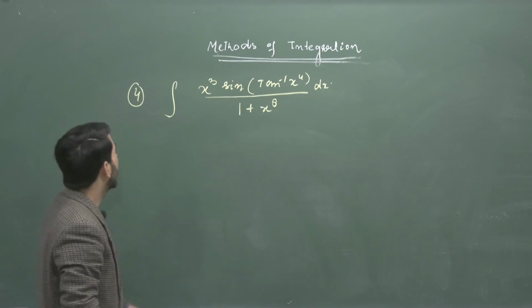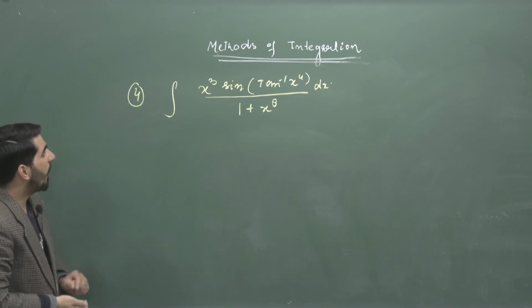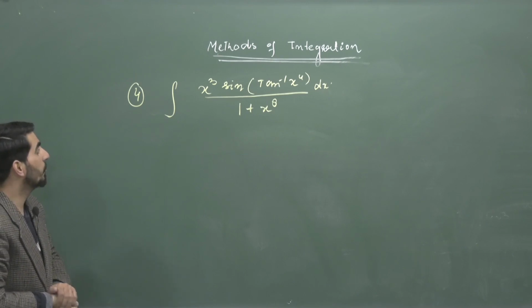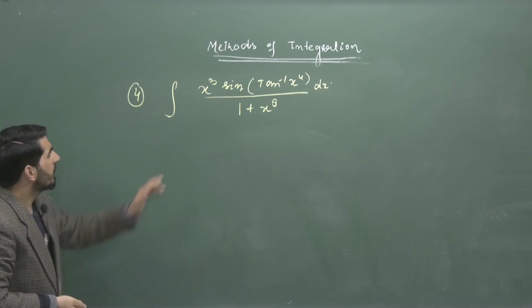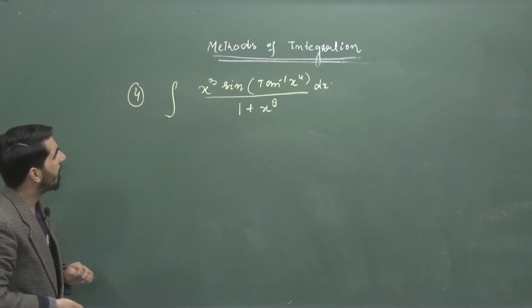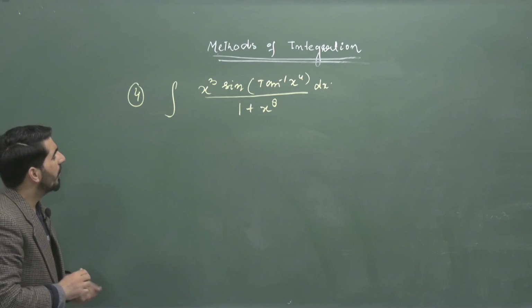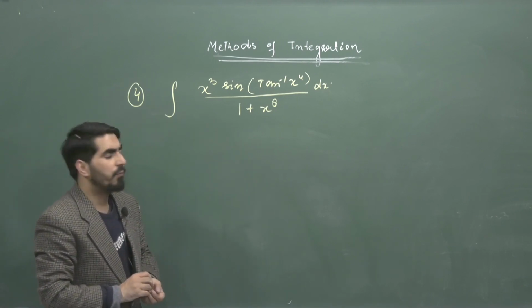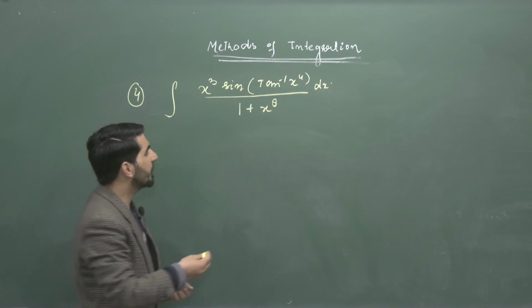So first of all, we will select here what we have to substitute. We need x cube, we need 1 plus x raised to power 8. Now, if we put tan inverse of x raised to power 4 is equal to t, as we know that,